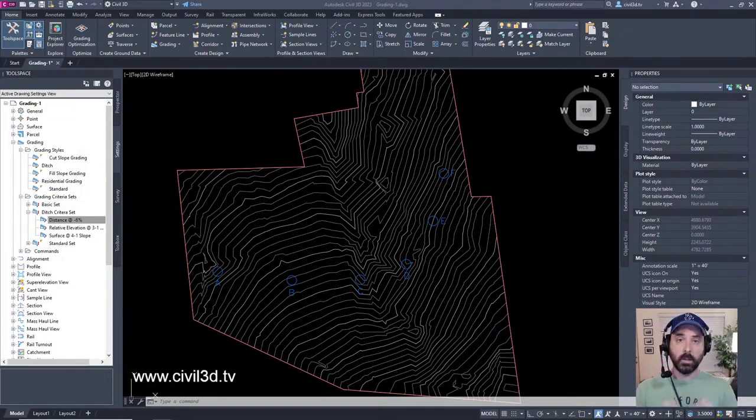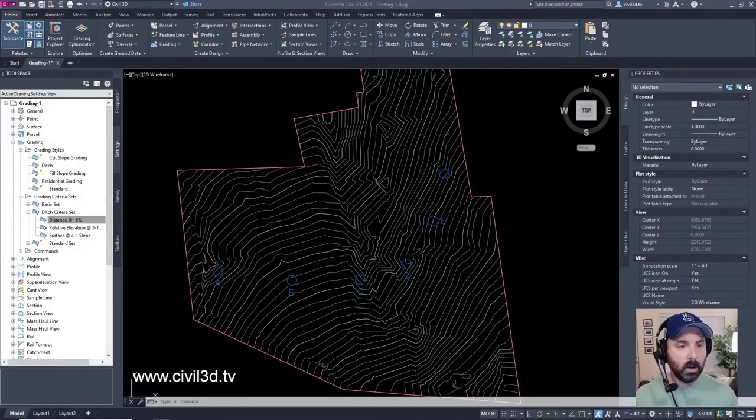Well, you can use parcel lot lines to grade from, or you can use feature lines. And we're going to be diving into feature lines here shortly. A feature line is a linear object that grading commands can recognize and use as a baseline.